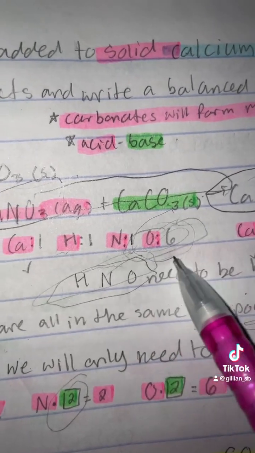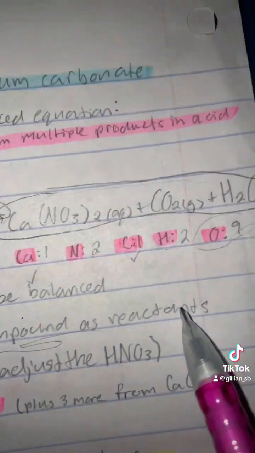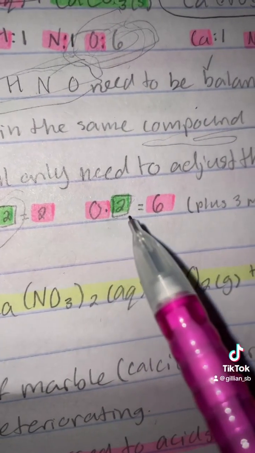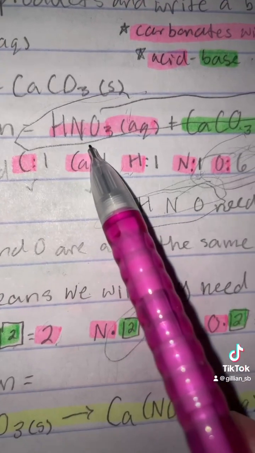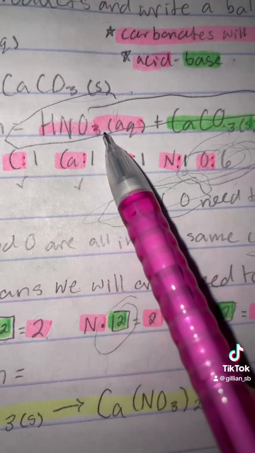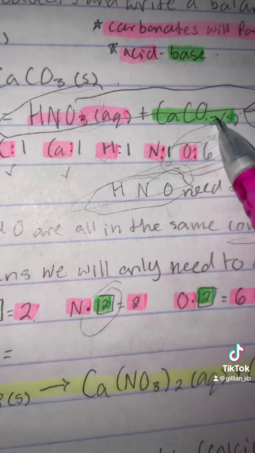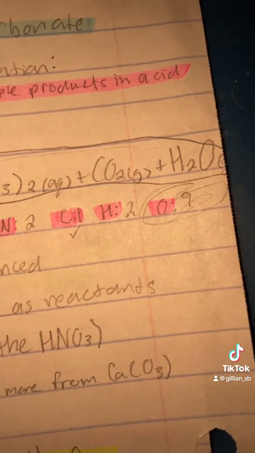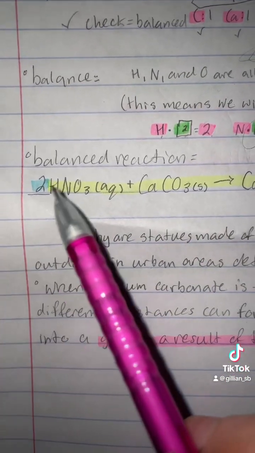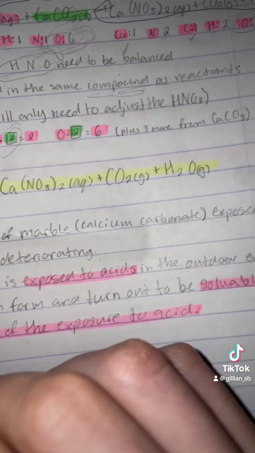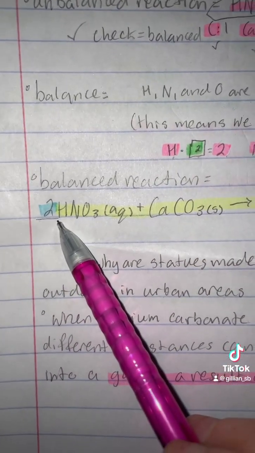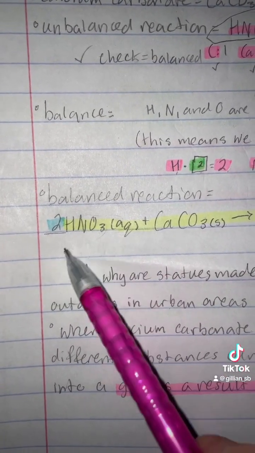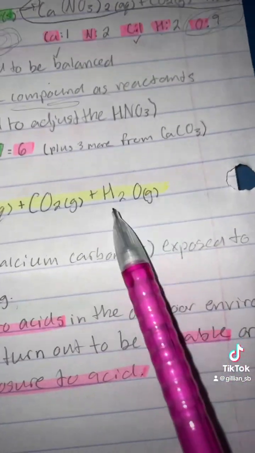The oxygen is a little harder since we have 6 on the reactant side and 9 on the product side. But all we'd need to do to get it to be equivalent would be multiplying our HNO3 by 2, since that will give us 6 oxygens here and then 3 more from calcium carbonate, and that will give us the sum of 9, and it'll be equivalent on each side. So this is the final balanced reaction. The only thing that's changed is there's a 2 in front of the nitric acid, since we needed to double the amount of each one of these elements